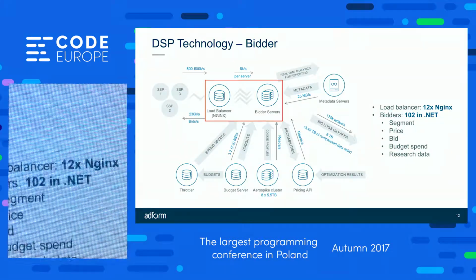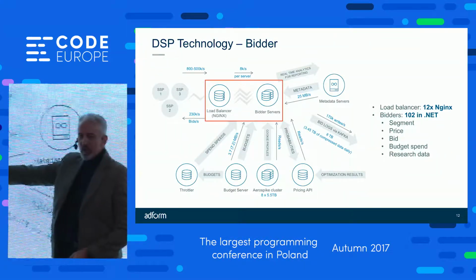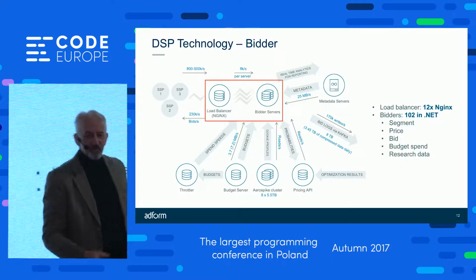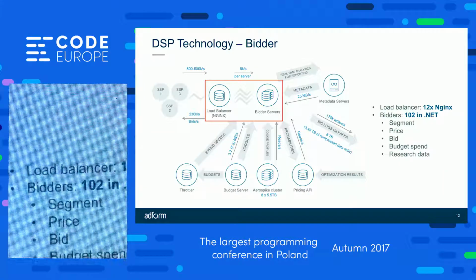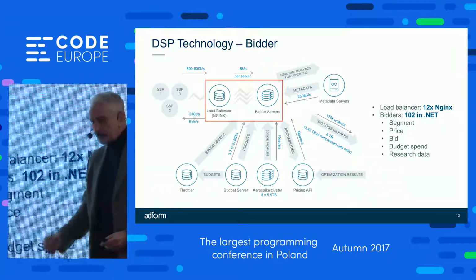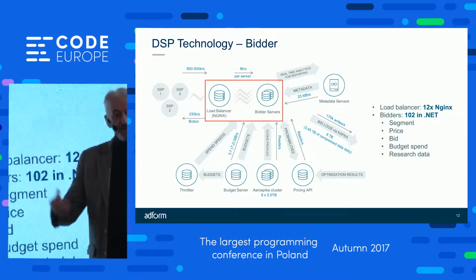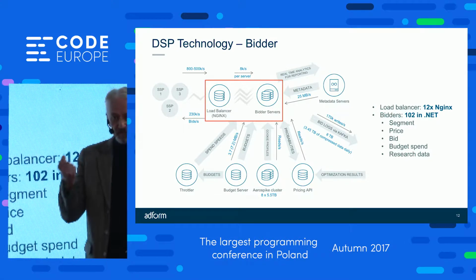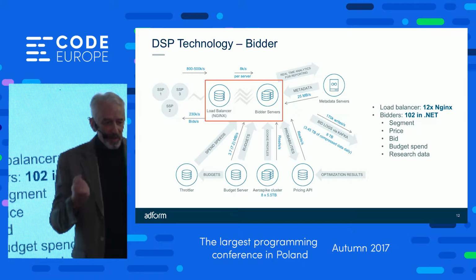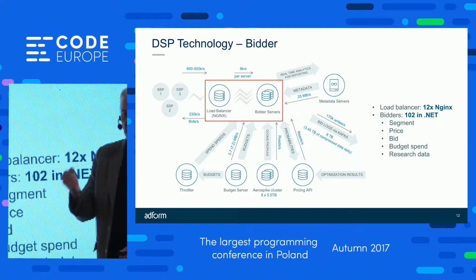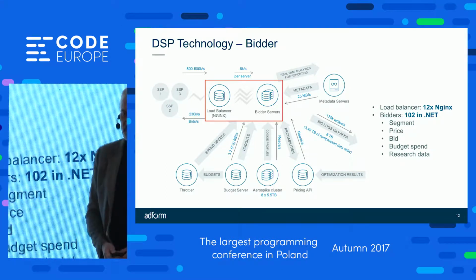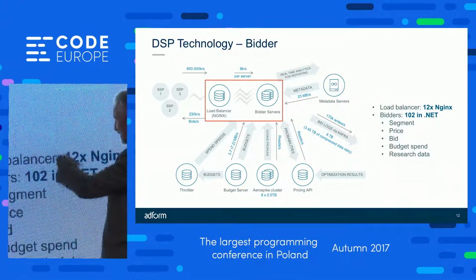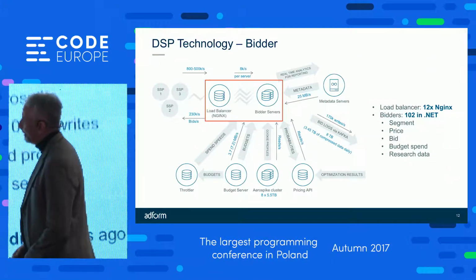Then we have a bunch of bid servers. So once we filter out everything we don't want, we have a bunch of bid servers. We have between 102 and 105 of these things, and they're actually written in .NET. We sit there and we listen to those requests. Their job is, once we've got a bid that we're interested in responding to, to work out exactly how much we're prepared to pay and which creative, which ad, which advertiser we want to present. And we've got to do all of that stuff in 50 to 70 milliseconds.